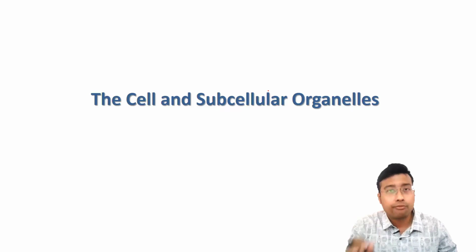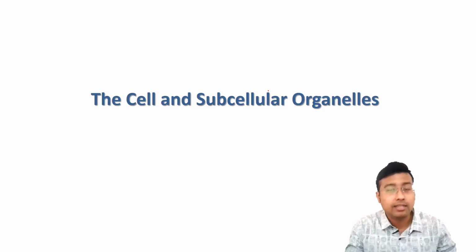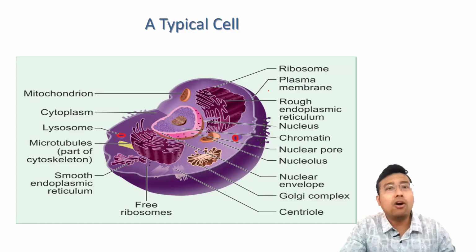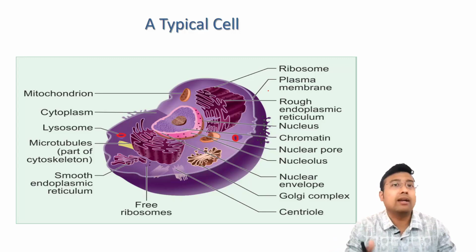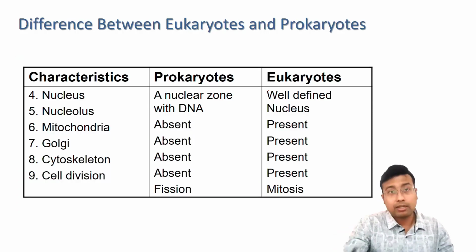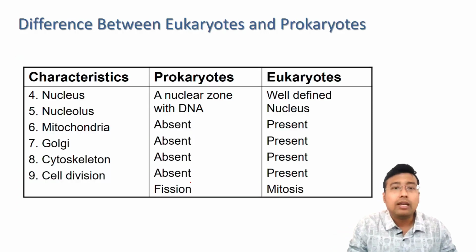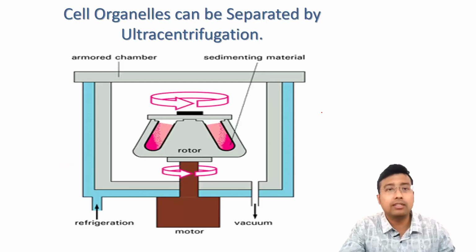So I'm gonna focus on some untold areas or some most neglected areas that may prove vital for you in the exam. So we all know how a typical cell looks like, right? And we all know what the organelles are, what the parts of prokaryotic cell and eukaryotic cell are. I'm not gonna elaborate it, but one point for MCQ is prokaryotic cells divide by fission, and eukaryotic cells, as you know, divide by mitosis. Rest everything is well known.